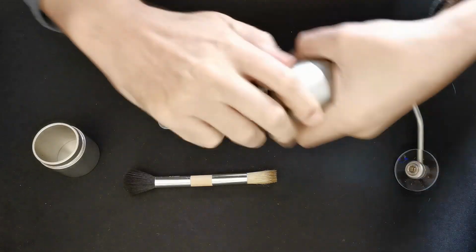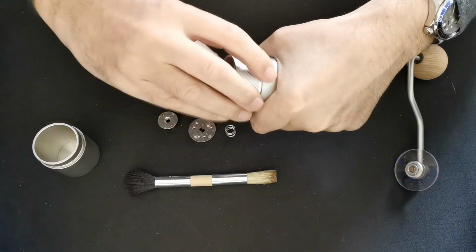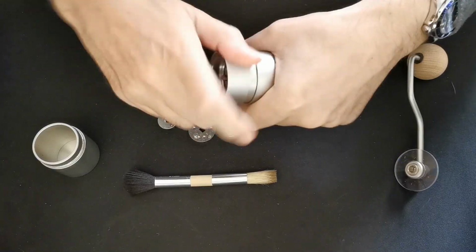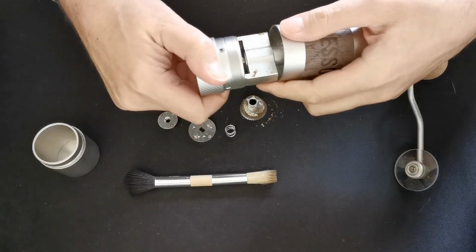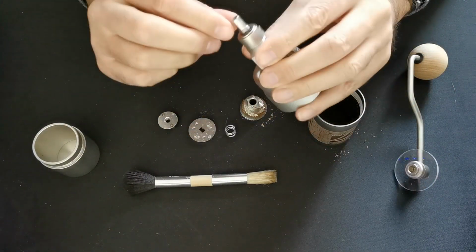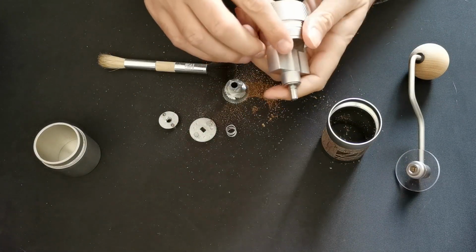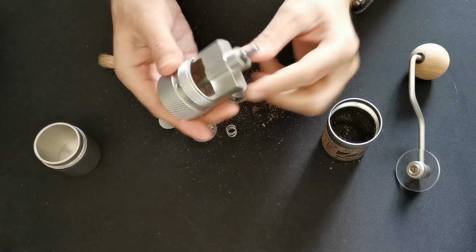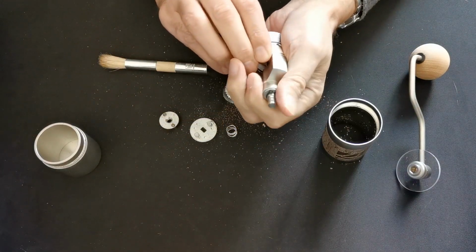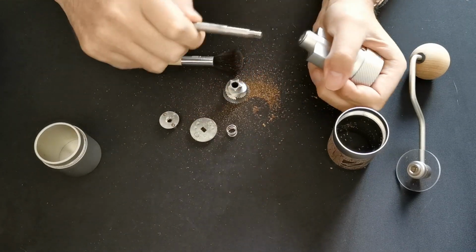Now, take the bottom, screw it the reverse direction. This now comes out. There it is. And this has got a circlip on it. Now, of course, if you do need to give it a really good clean, and it's possible you will, this central shaft here has a circlip to stop it going down, but you can push your thumb on there, give it a good push. You might have to push quite hard because it's a very tight fit, and you can withdraw the central shaft,